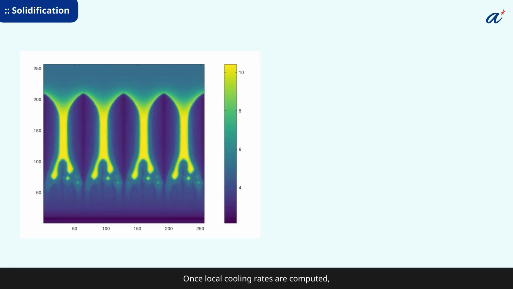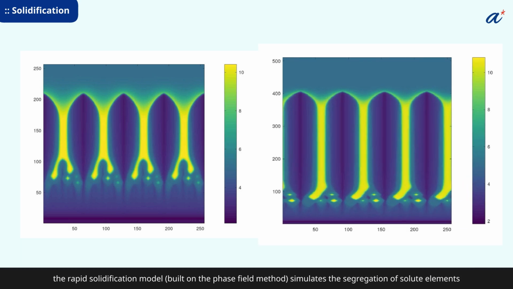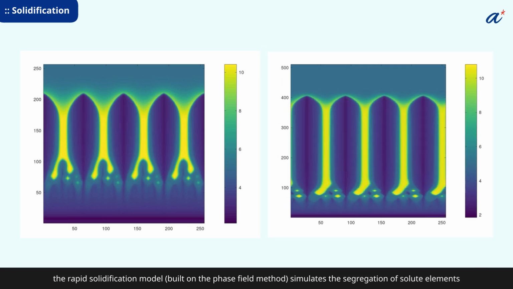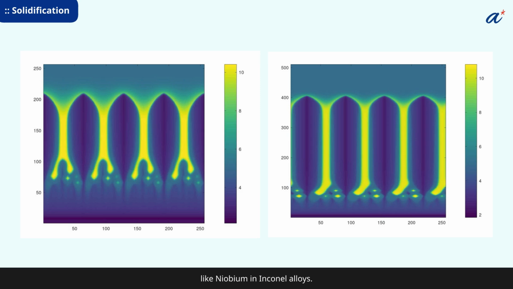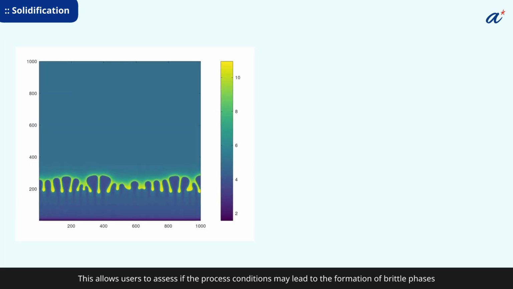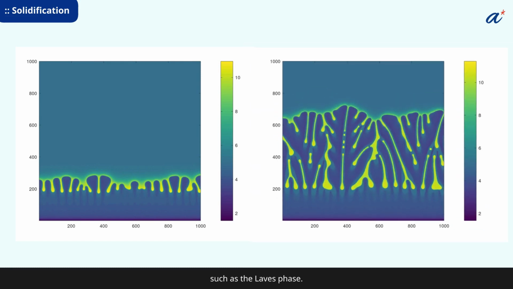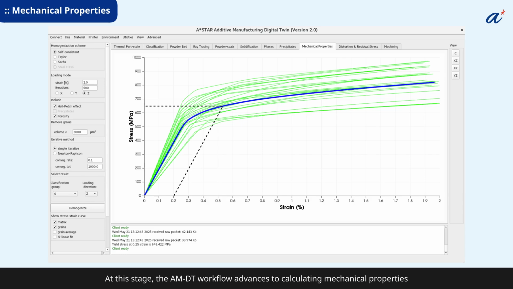Once local cooling rates are computed, the rapid solidification model simulates the segregation of solute elements, like niobium in Inconel alloys. This allows users to assess if the process conditions may lead to the formation of brittle phases, such as the Laves phase. At this stage, the AMDT workflow advances to calculating mechanical properties, using our proprietary mean field crystal